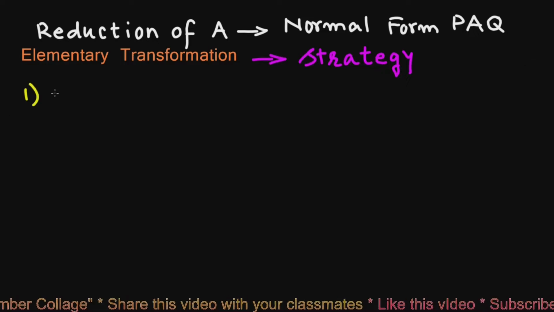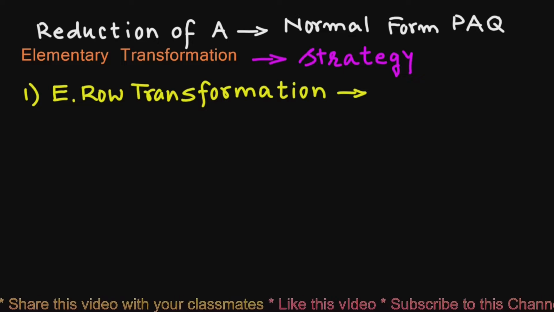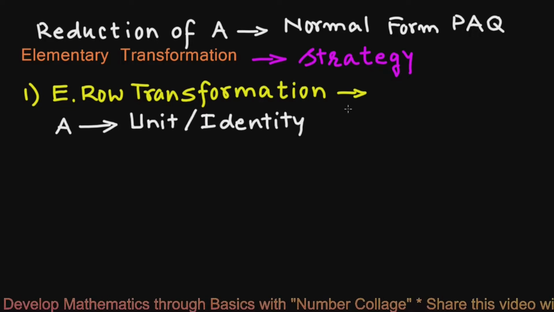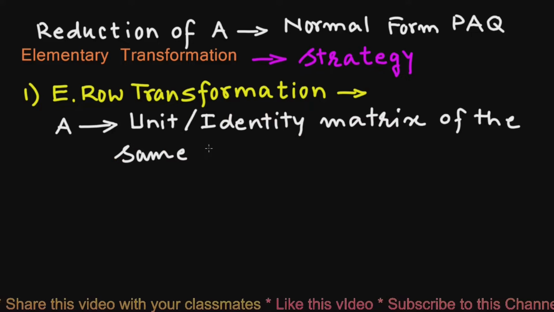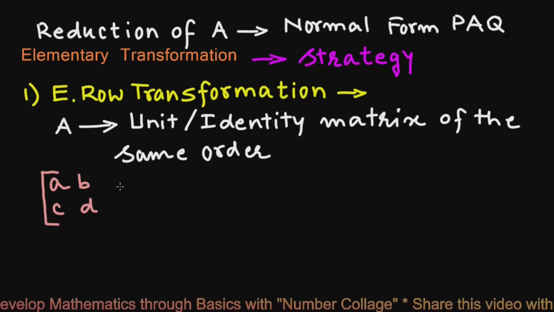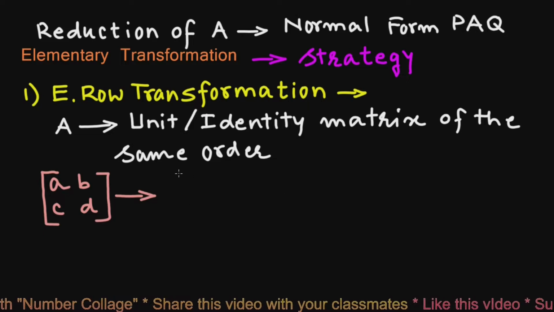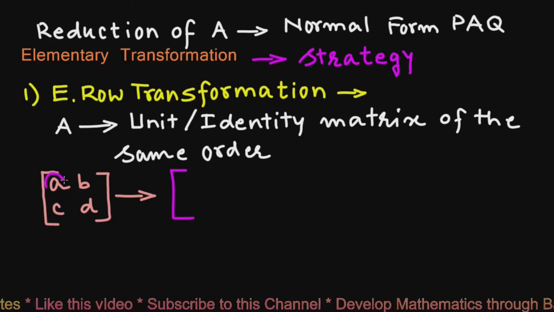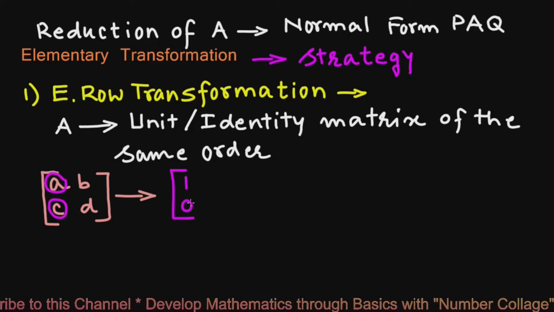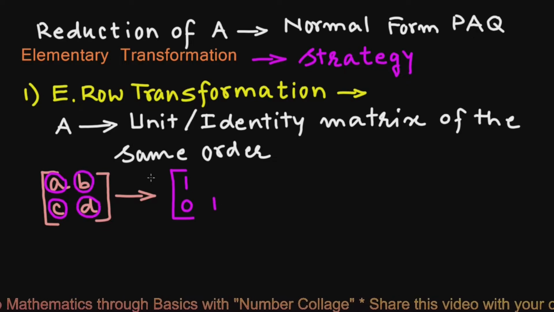First, we will talk about elementary row transformation. In elementary transformations, we generally convert a given matrix A into a unit or identity matrix of the same order. Suppose we want to convert a matrix of order 2, [A B; C D], to identity matrix. Then we have to plan our row transformations such that first this element A is reduced to 1, then this element C is reduced to 0, then element D is reduced to 1, and finally this element B is reduced